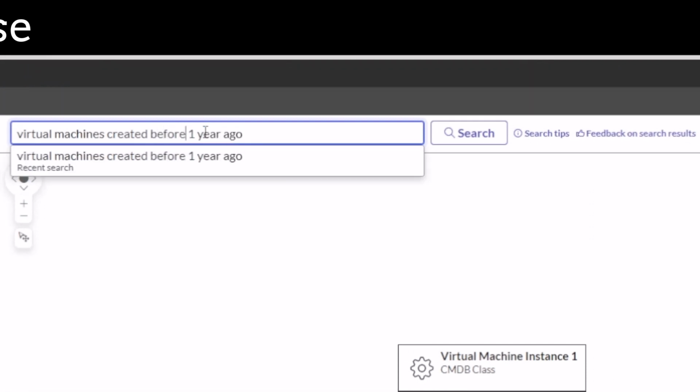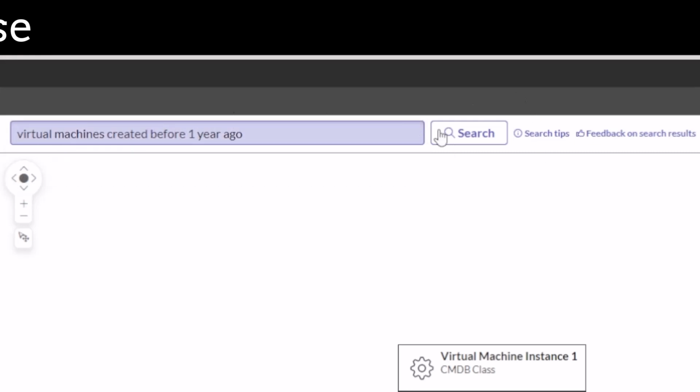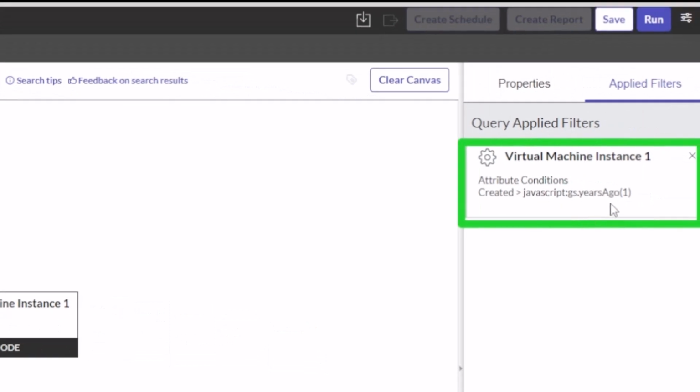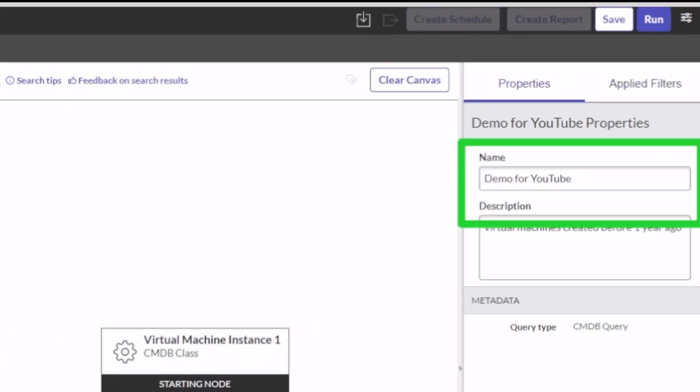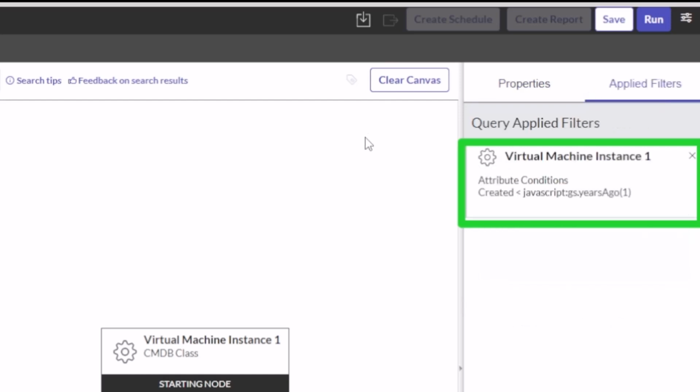I'm going to be explicit with my natural language and say, hey, I want the virtual machines created before 1 year ago. Now what I want you to do before I hit the run on this, I'm going to look at this right here, created greater than 1 year ago. So when I go ahead and search now, it's going to update that filter, and I'm going to have to click on it again. That's fine. I'll click on it there. Now look what happened. Before 1 year ago, now I get created less than 1 year ago on my JavaScript,